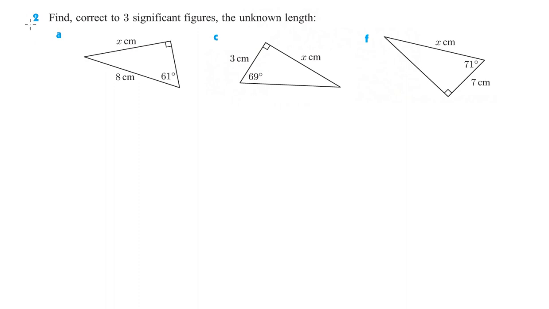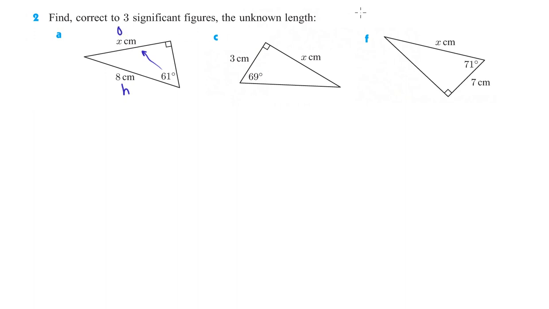First one we're going to take a look at here is 2. Find and correct the 3 significant figures of the unknown lengths. Okay, so we have this angle. From this angle, we want to figure out which 2 sides these are. This is the side across from the right angle, so this is the hypotenuse. And this is the side across from the angle, so this is the